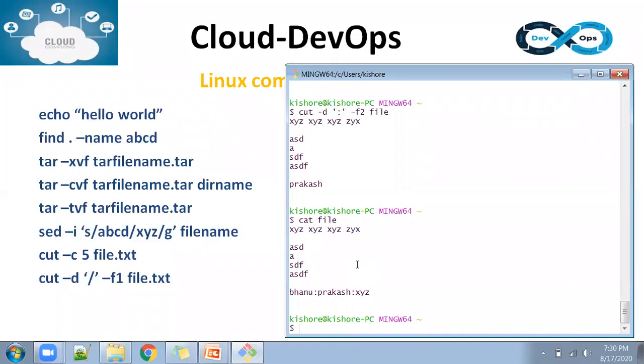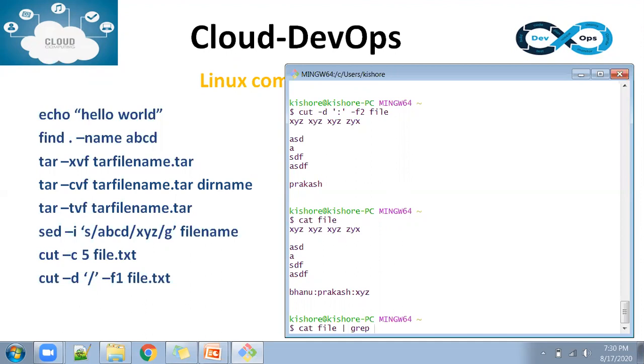If you don't want this data, you can still do that using another command. You can do cat file, and this is the pipe symbol I'm forwarding with. Pipe symbol means whatever input comes, it will forward to the next command. So here, whatever the content of the file, I'm forwarding to the next command.